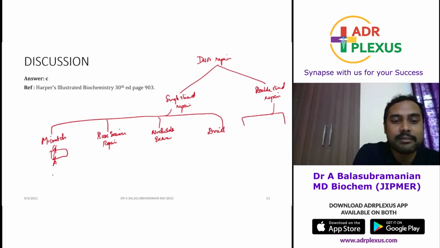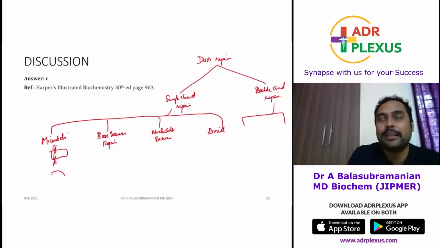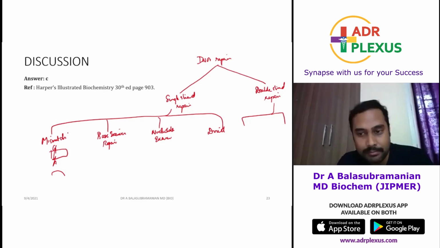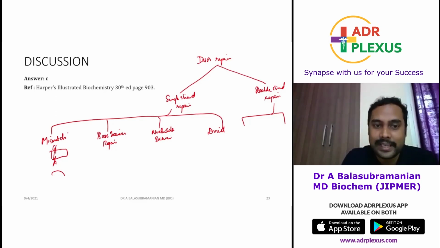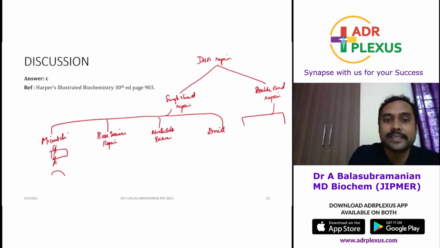So because of this, there will be a distortion. Okay, and some enzyme, an endonuclease, will come and cut that particular portion. Then DNA polymerase will come and replace the correct nucleotide, and then it will seal with ligase. This is mismatch repair. Base excision repair,